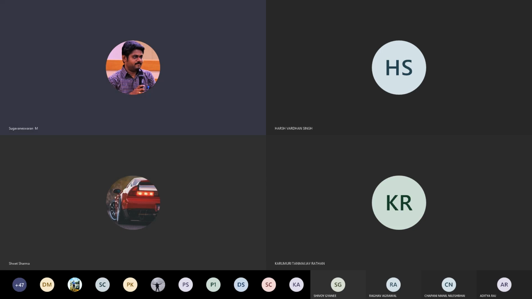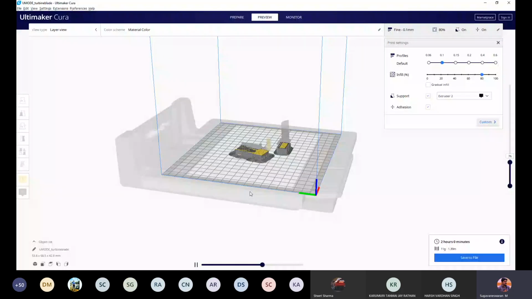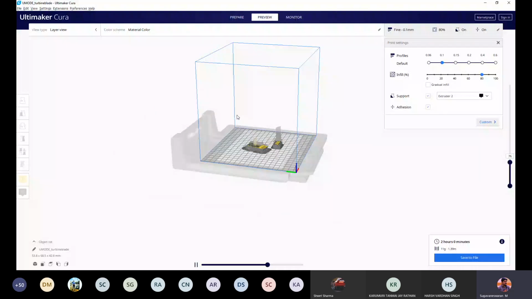Could you all see the screen? Cura. No, sir. Now could you see the Cura window? Yes, sir.